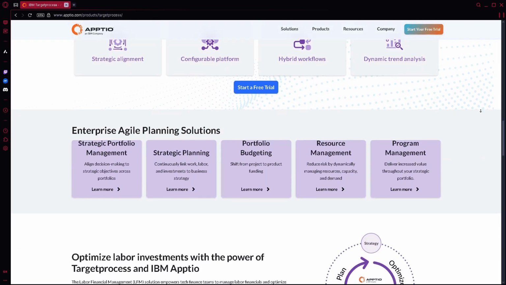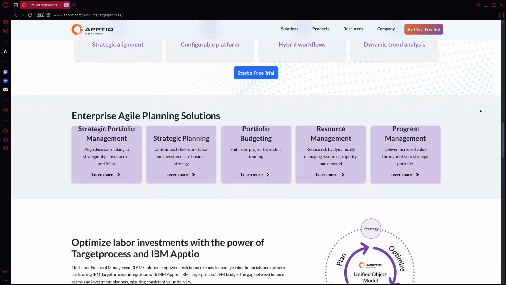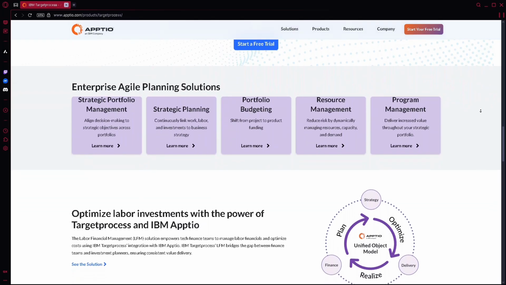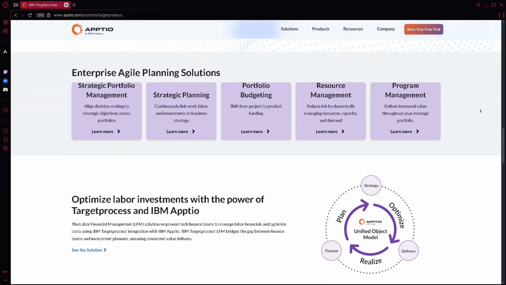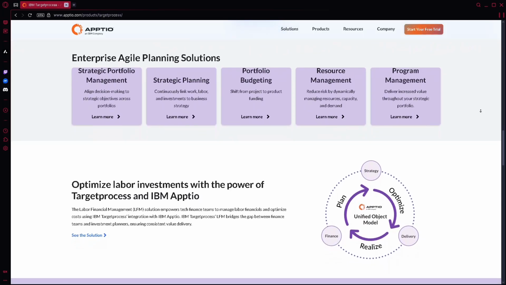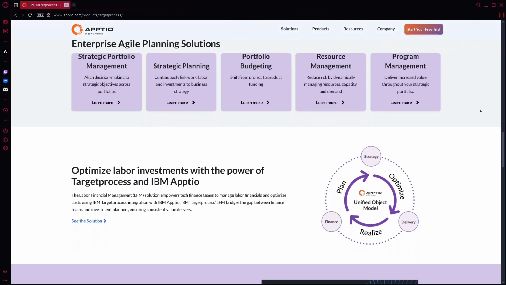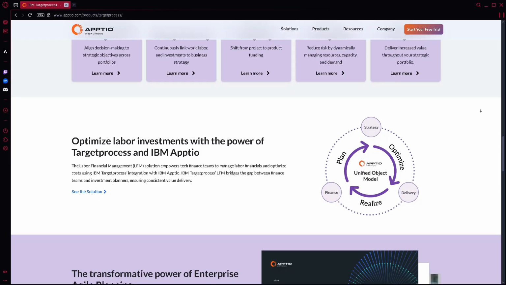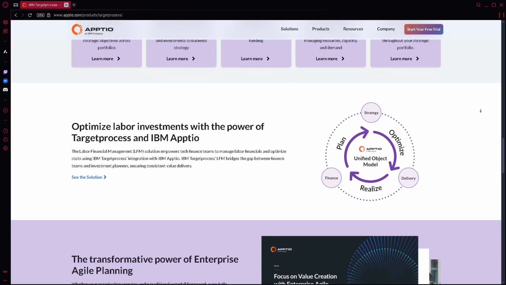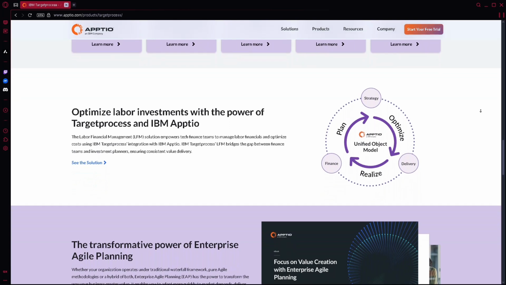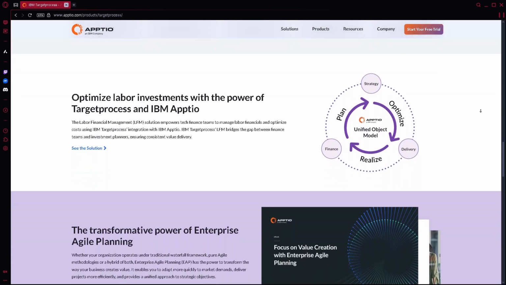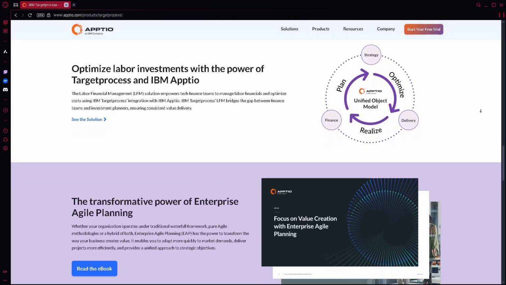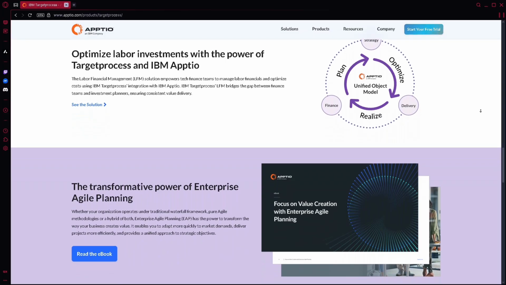Now, here are some pro tips for you. First is use tags and custom fields to organize work more flexibly. Next, try visual encoding, like color codes and card styles, to enhance boards. And lastly, start with templates for Scrum, SAFe, or Kanban to save time.